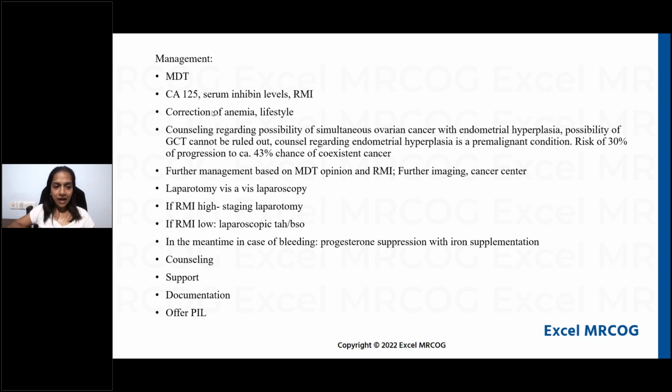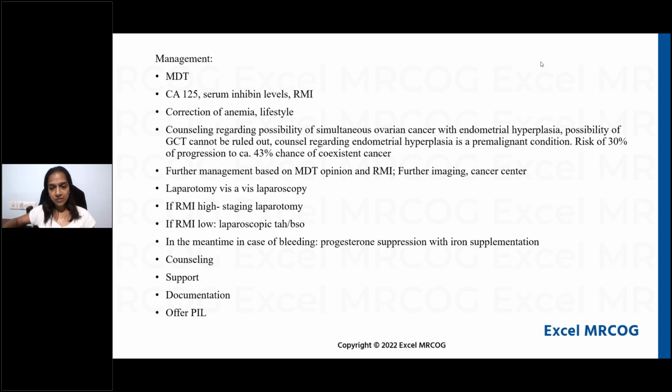And then other things that you would do for her are correction of anemia and lifestyle. She may be having other issues. She may be having obesity. She may be having mental health issues. Those things are also to be looked into. Then you need to counsel her. Saying that you would counsel the patient is important even in a structured discussion, because you would do it in a simulated patient task since you're talking to the patient. You may forget to say it in a structured discussion. So that is how you lose points.